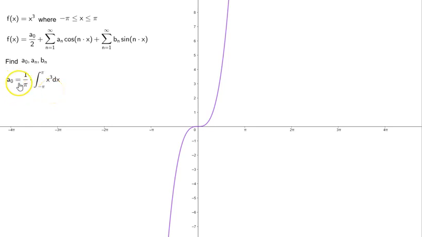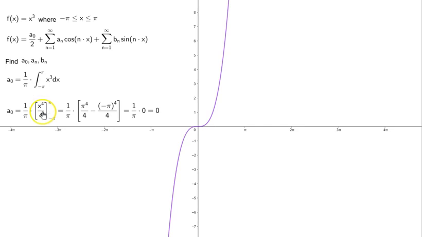Previously, we have seen a naught is equal to 1 by pi times the integral from minus pi to pi of f of x dx. Here f of x is x cube. So we substitute it. Now let's integrate. a naught is equal to 1 by pi times the integral of x cube, which is x to the power of 4 by 4, in the interval minus pi to pi, which is equal to 1 by pi times, substitute pi